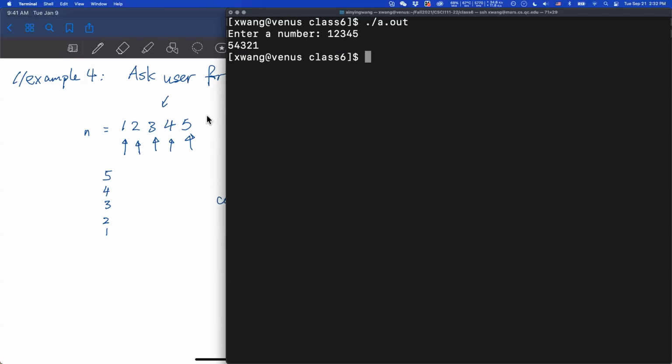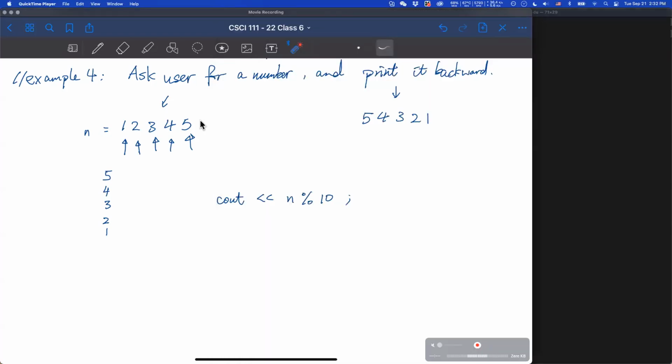Now it's still doable because what you do is you will have a backward version of n. So let's call it answer.